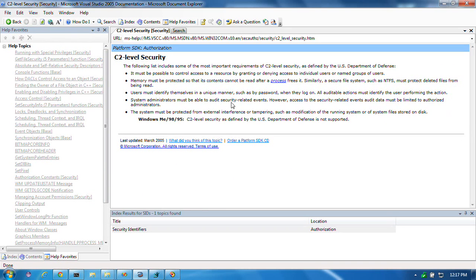That the audit of security-related events should be auditable,